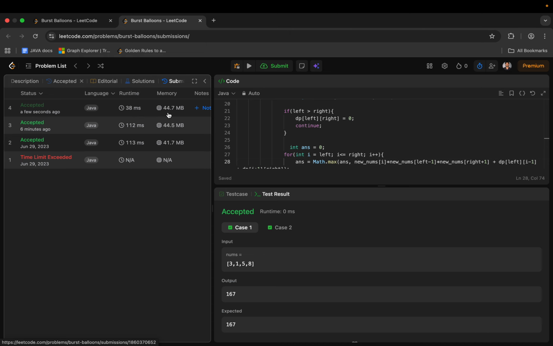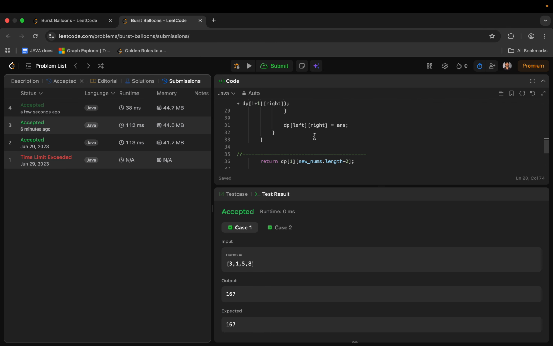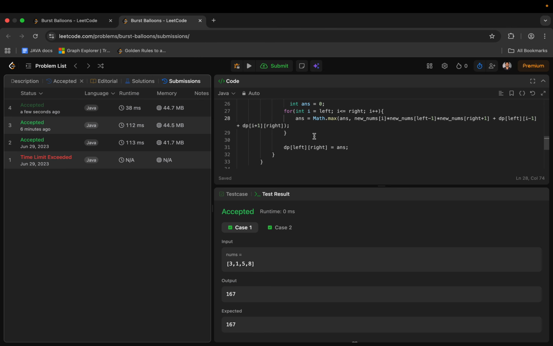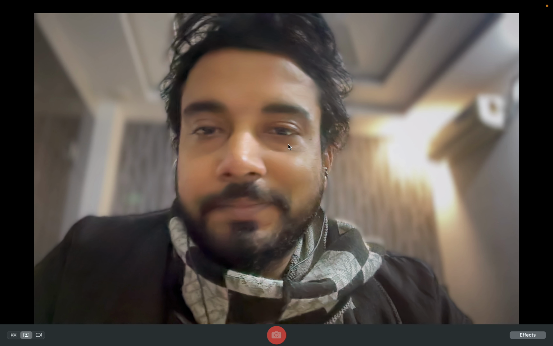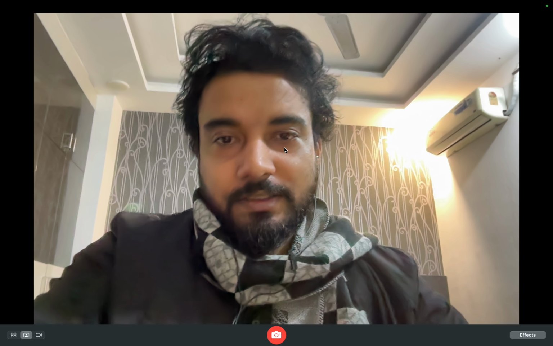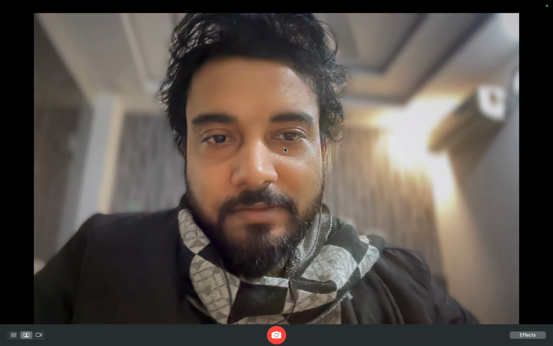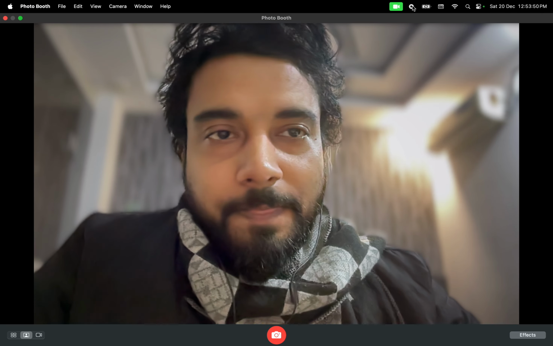Why? Because we have a DP array in both cases, though we are avoiding the recursive stack. Anyway, I have to check on this. Fine then, I think we have solved it with both the recursive as well as the iterative solution. So we will meet